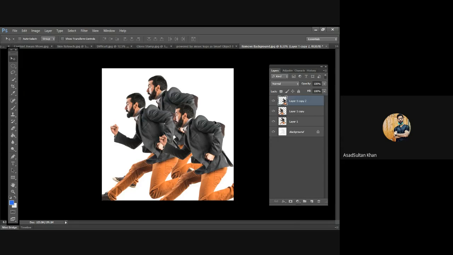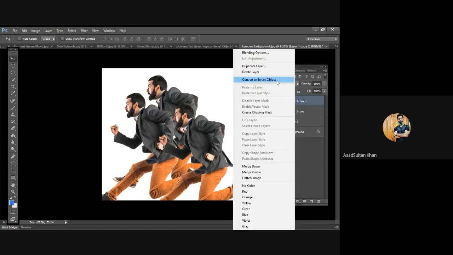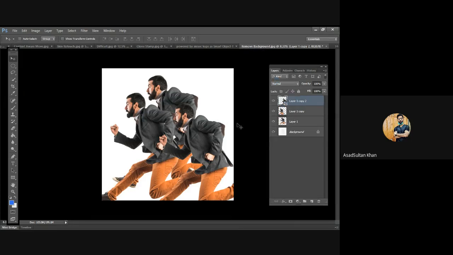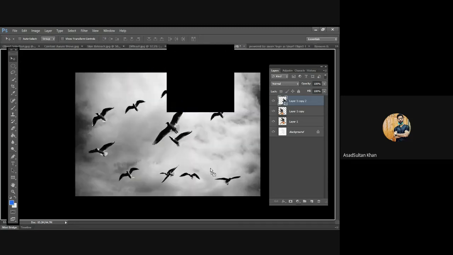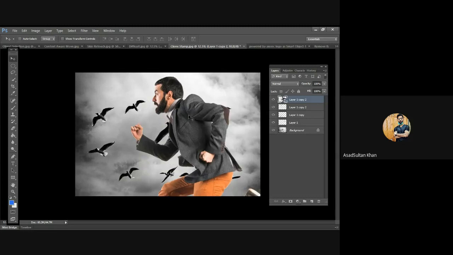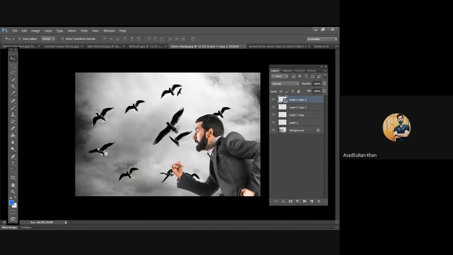और अगर इसी selection, this person, I want to use it into another picture, उसके लिए मैं क्या करूँगा? I'm going to convert it into a smart object. जिस तरह मैंने वो logo का बताया था ना, whenever you're importing pictures and you want to use your logo or something like that, जिसको हमने छोटा मोटा करना है size में, then you have to place it perfectly, so you can use it as a smart object because वो load करके रखता है. Just like that, layer को मैंने load किया and I want to paste it somewhere here. तो मैंने इसको लाके यहाँ paste कर दिया. So I have a person here, just like that. This is how you can do it.